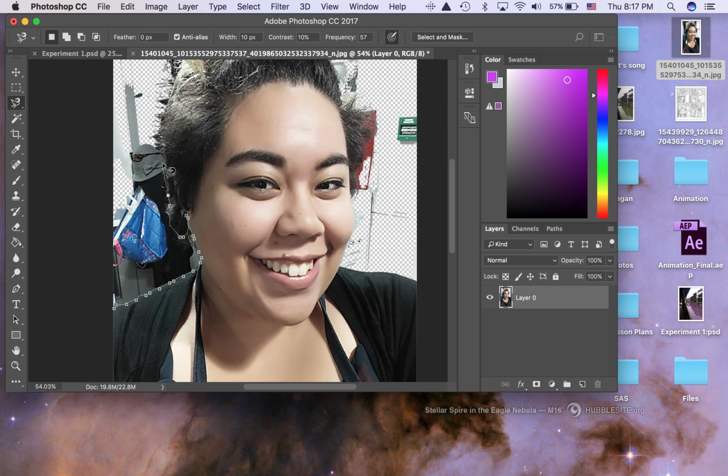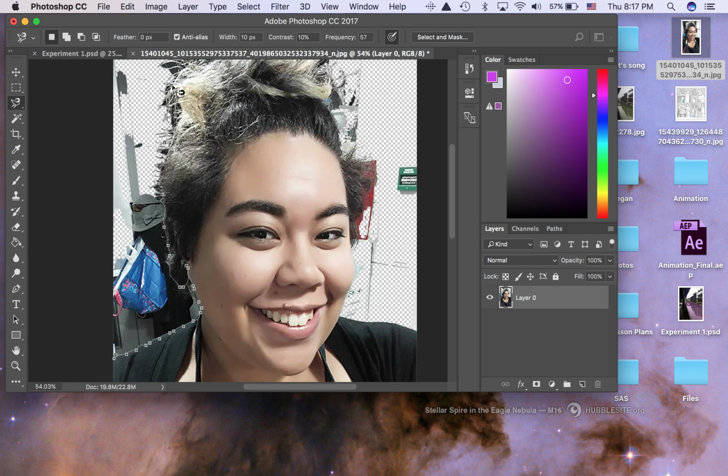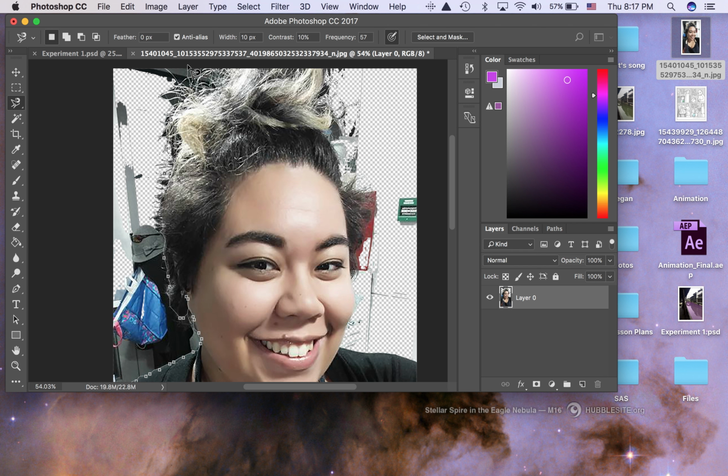Now you can also hover your mouse along the edge, and Photoshop will do its best guessing where the edge is, the edge detecting, it will do its best to detect the edge, but